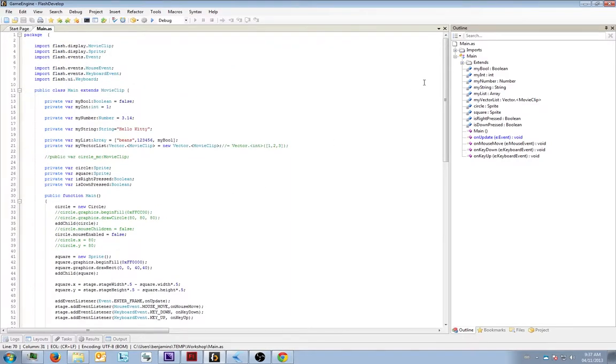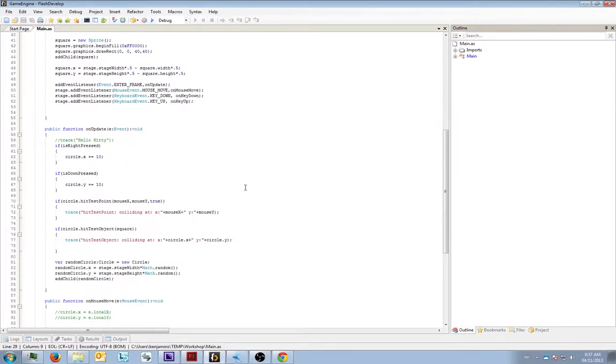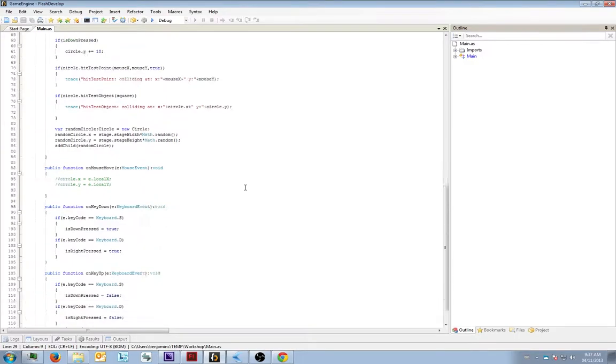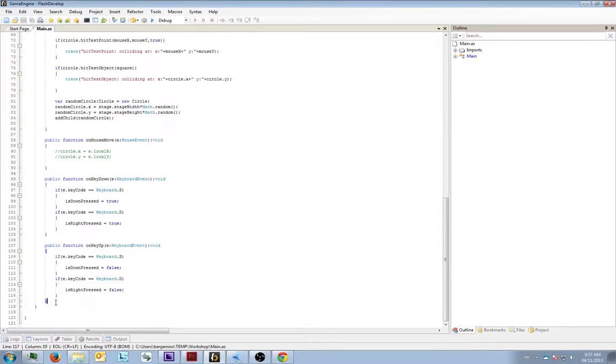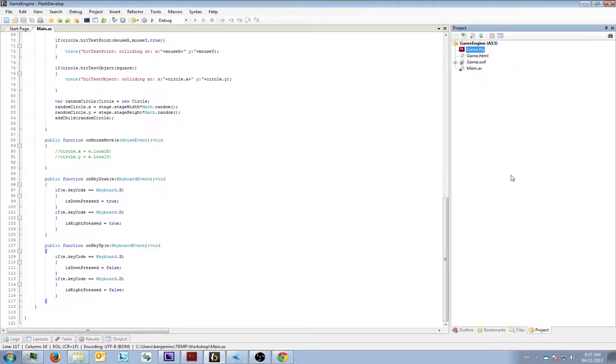So the first kind of thing we want to do is clean up some of our code. So this adds a lot in regards to functionality, but it doesn't actually add anything in regards to the modular aspects of how coding is supposed to work. And coding is supposed to be very, very modular, very, very dynamic. And as such, we have to start making it modular and dynamic. And the first thing we're going to try doing